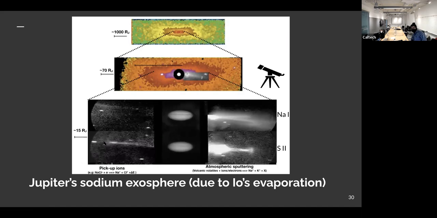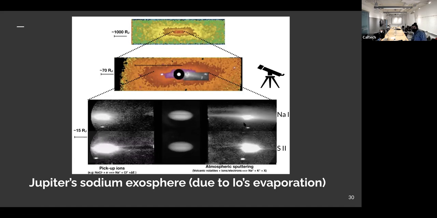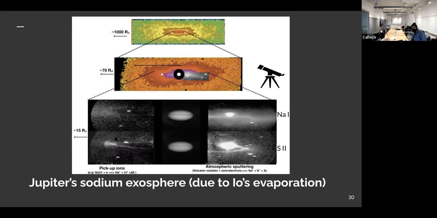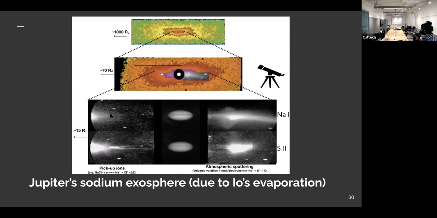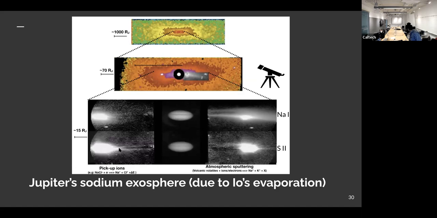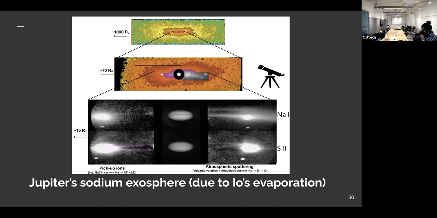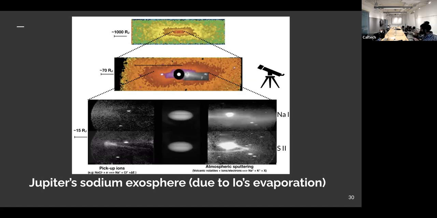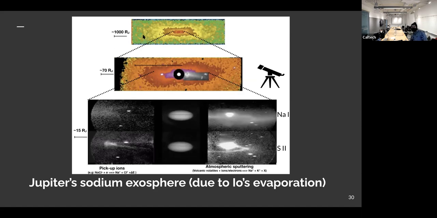What is interesting in this video, an image, is Io is that bright blob. This bright blob on the left is Europa trying to take the limelight. And what's super interesting is there's still sodium right here on the other side of Jupiter, where there is no moon or there is no Io. And this is because of the plasma torus. So this plasma torus you can see gyrating, but the plasma torus has ionized sodium chloride embedded in it, which undergoes a series of reactions that can create fast sodium. And so that charge exchange sodium shoots off at 100 kilometers a second and actually populates this giant 1000 RJ